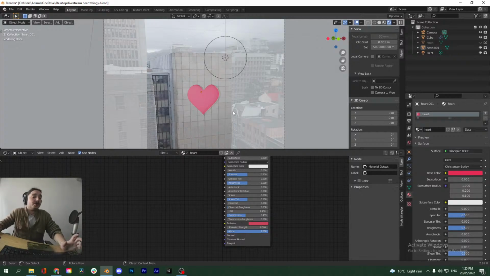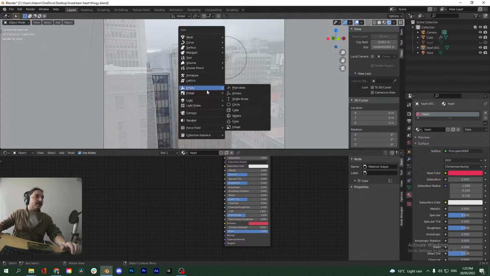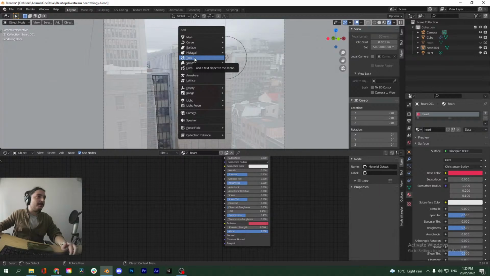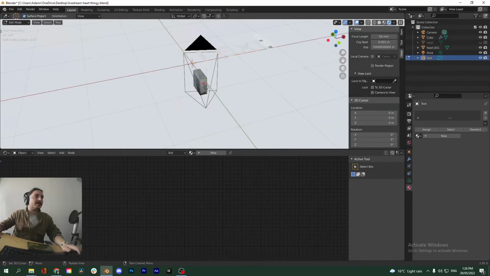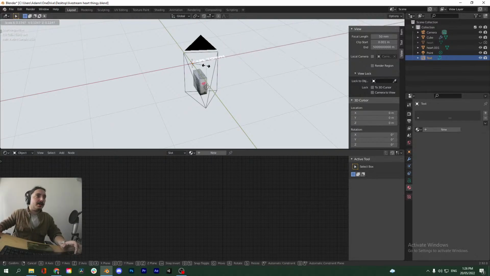You can do this with text as well. Maybe let me show you that too. If we add a text object, the process is exactly the same. So what if you want to say "Love Cape Town"? Let's go here, tab into edit mode to manipulate your text, and type it in. Let's do all caps. Why not? I like caps. Cape Town. Then you can shrink this down.